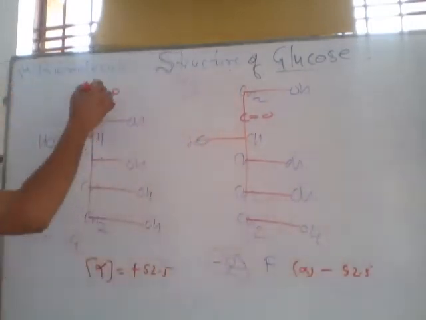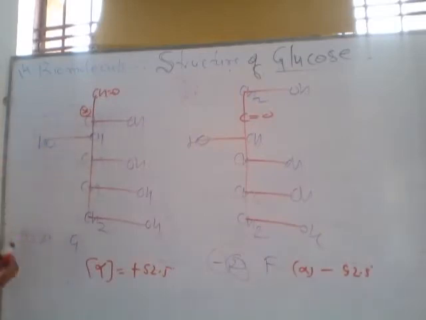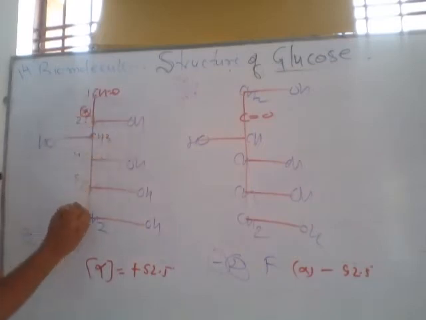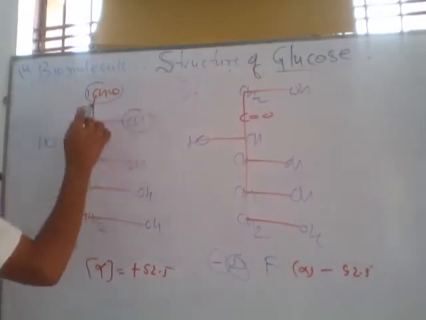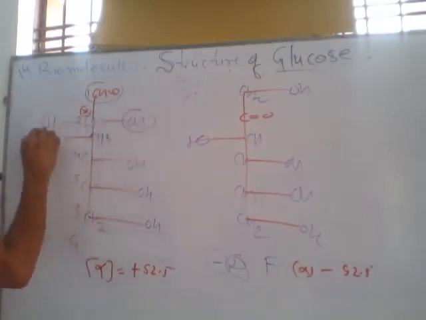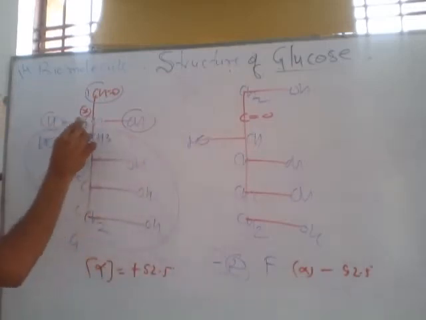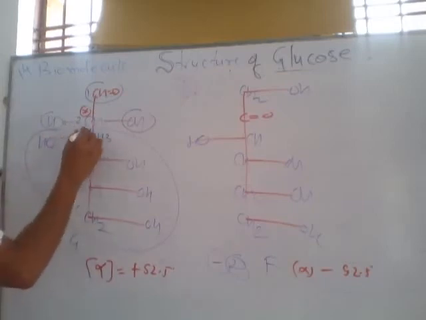Observe, in glucose, this is a chiral center. Can you guess how it is a chiral center? Because of the numbering 1, 2, 3, 4, 5, 6. On the second carbon, this is group number 1, this is another group, this is H, H is another, and this remaining whole is another. So from the second carbon, 4 different types of groups are connected: 1, 2, 3 and 4. So this is a chiral center. This is again a chiral center.